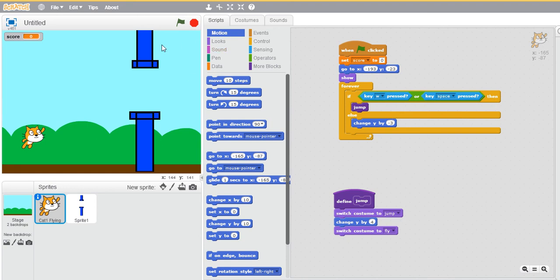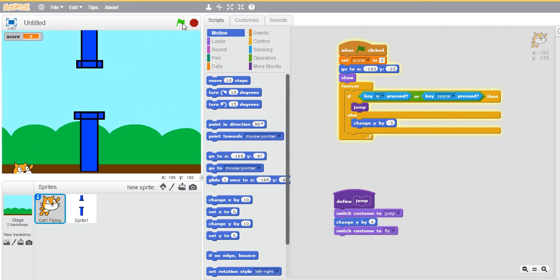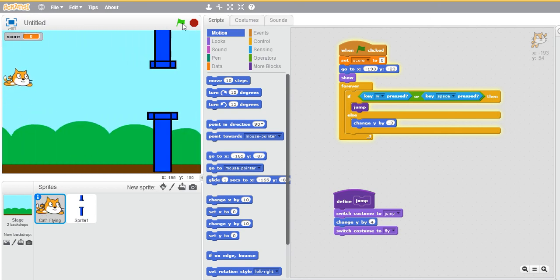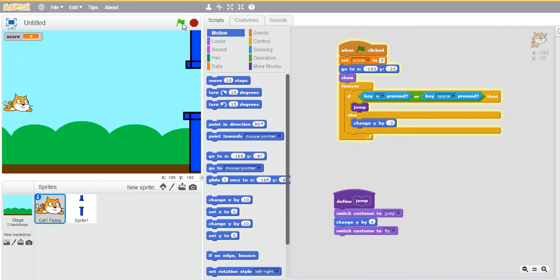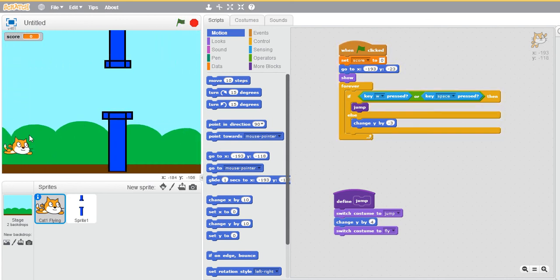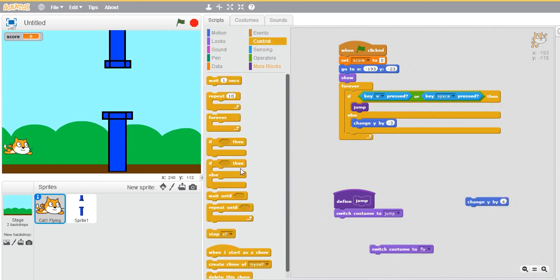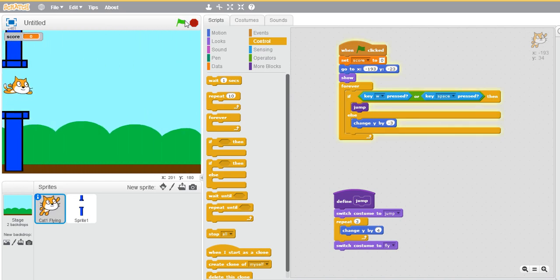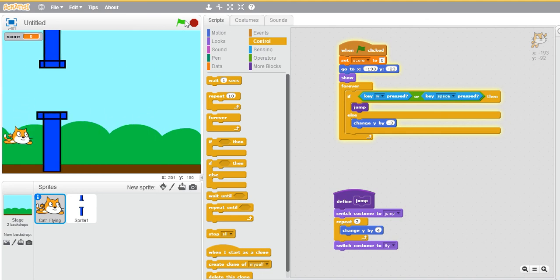Let's see what our game is up to. So now it's falling, right? It's jumping, but we are not getting the jumping action, it doesn't seem like flapping. For that you would need to repeat this y step. So let's go to control and select the repeat option and place it here. Now repeat, let's say 3. Now if you play the game, you see it is flapping. So for the flapping action you will need the repeat option.